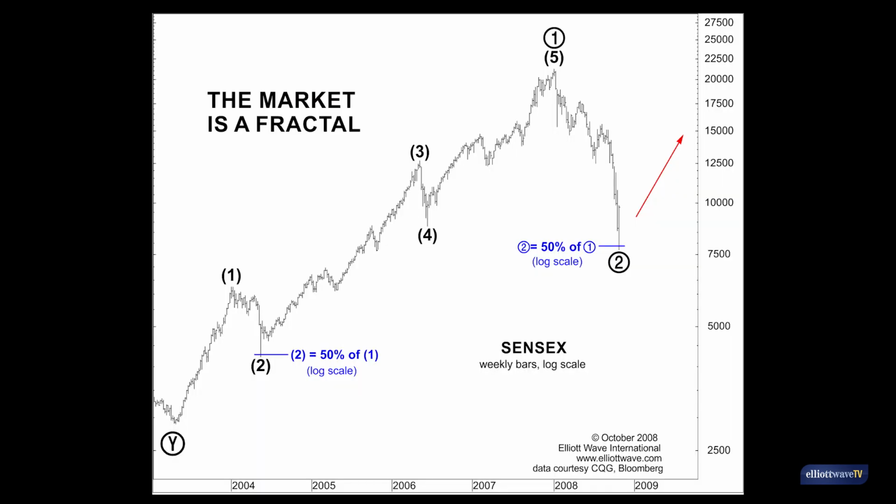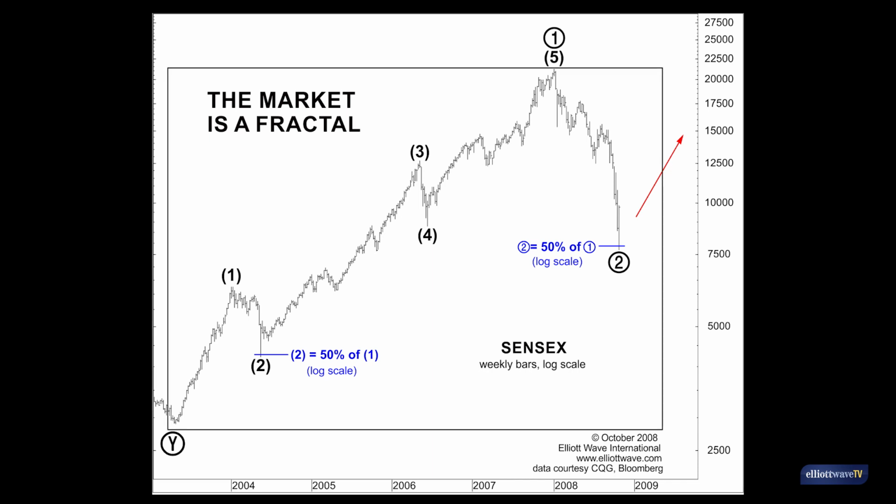Today we'll look at an example from India's stock market, but in fact these nested fractal relationships do appear in many other financial instruments, from indexes of commodities to individual stocks like Tesla. This is a chart we published on October 31, 2008, just as the global financial crisis was ending in India and many emerging markets. It shows the entire up-down sequence from the 2003 low to the 2008 low.